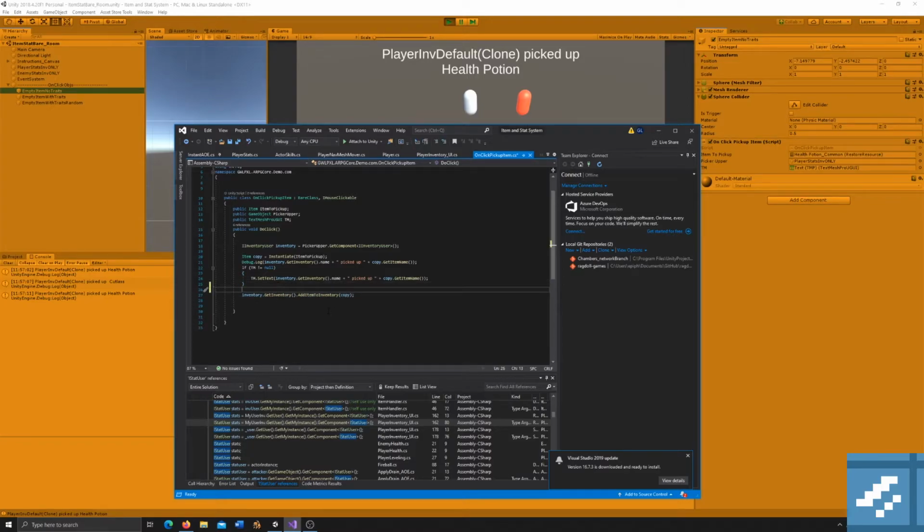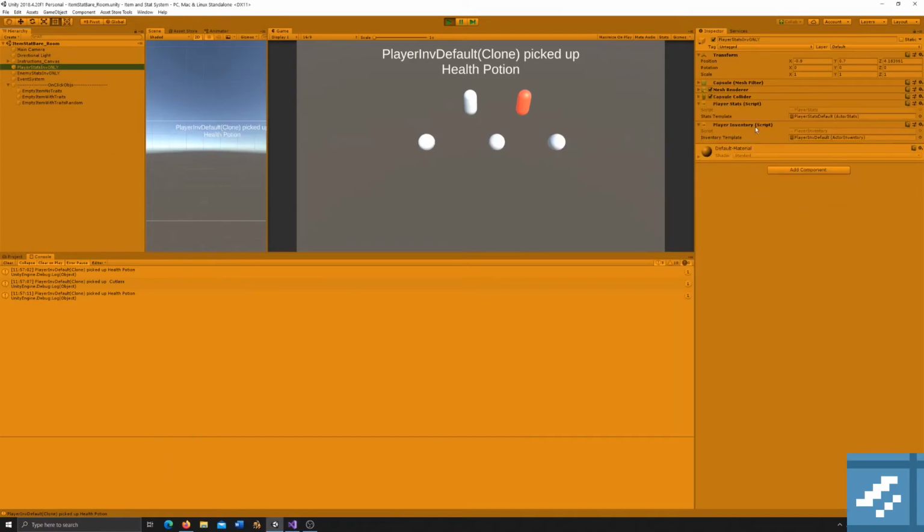Add item to inventory. What you'll probably always want to do is make a copy of the item, modify it how you want, and then add it to the inventory. You just do that with this line here. So you see this, get inventory. Where am I getting it from? Well, if you right click, it's going to show an interface. I'm going to go to the player stats here, and it's this thing right here, player inventory. So if I open this up,